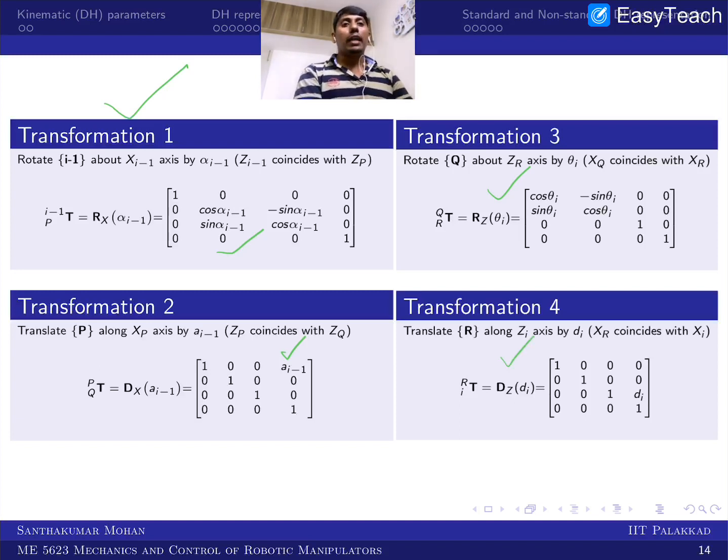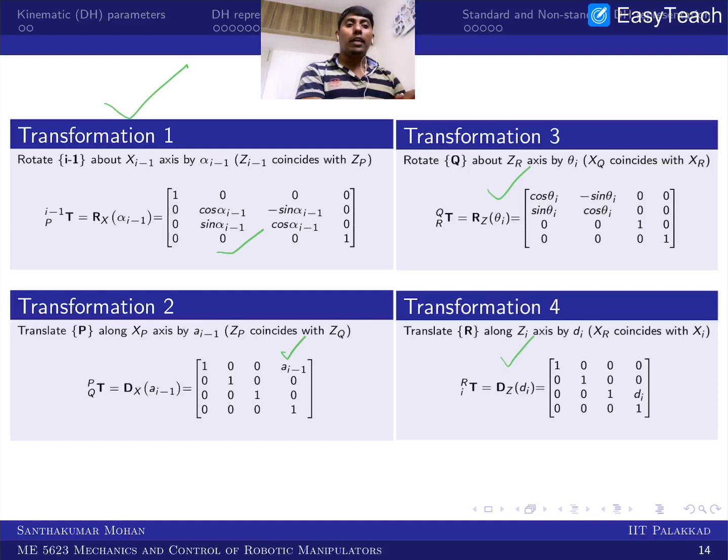So now one can ask, what is the way of actually making this? Definitely this is one of the questions. This is the way Denavit-Hartenberg represented it: you first rotate about x, then translate along x, and then rotate about z and translate along z. So you will get one particular representation. This is what we call non-standard. Why it is non-standard, I will come back to.